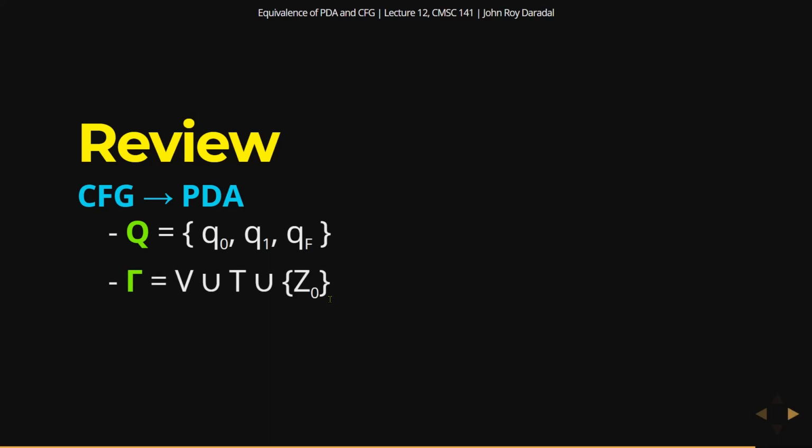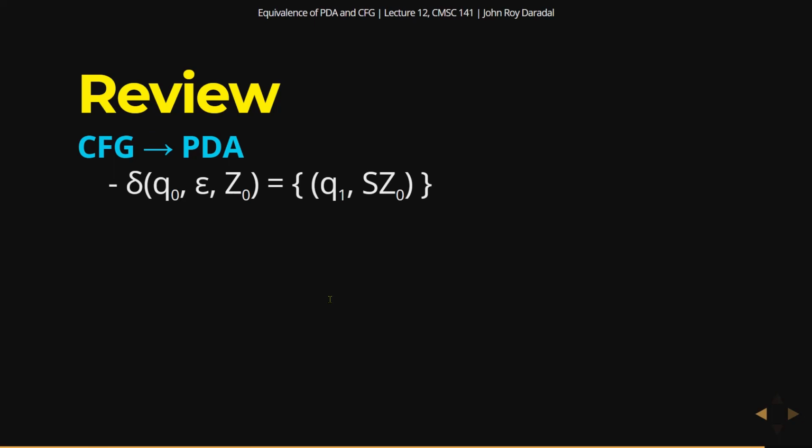The stack symbols would just be the union of variables, terminals, and the bottom stack marker. And then for the transition function, we start with this one. So from the start state, you go to the work state,